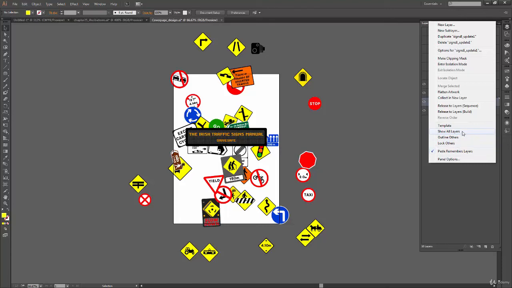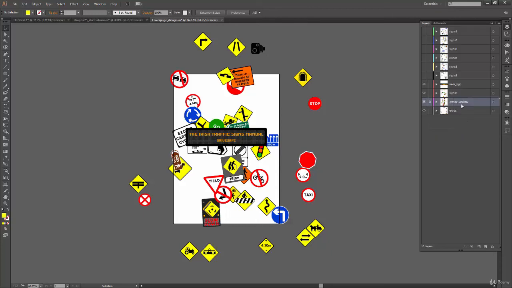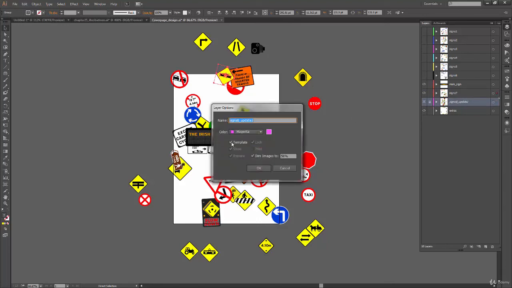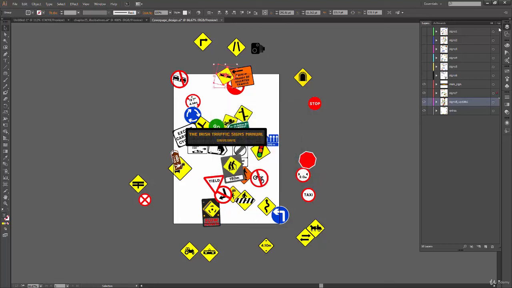And we have show all layers, which we have seen already, and then template mode. When I turn on template mode, it locked my layer, and like I was saying, you can use it for reference. Now I can work on other layers, but this layer will not be editable. We can do the same thing from here also. If I double click on any layer and turn the template on or off, it's the same thing. So I just click OK right now.